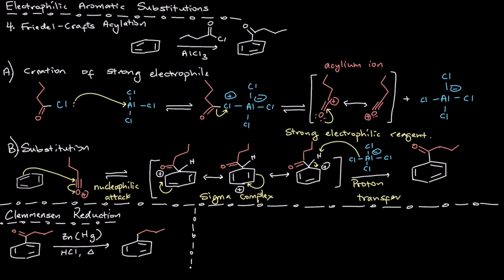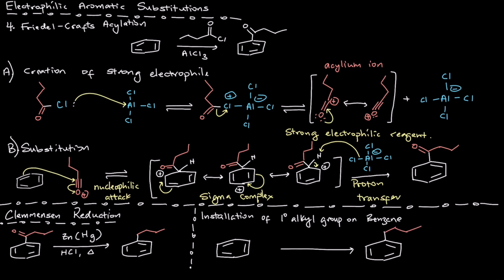So that's an important reaction, because now what we can do is we can take this reaction again where we wanted to install that primary alkyl group without any rearrangement, and we can do so. We can first treat the benzene with our acid chloride of the same carbon chain length that we do want to install at the very end,